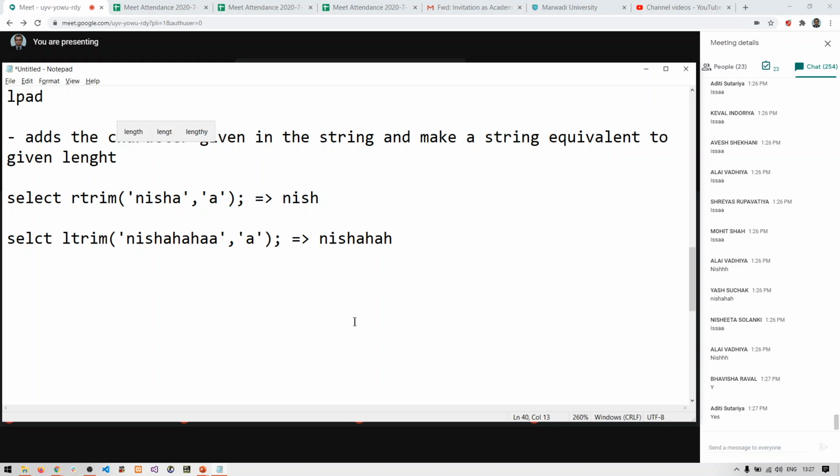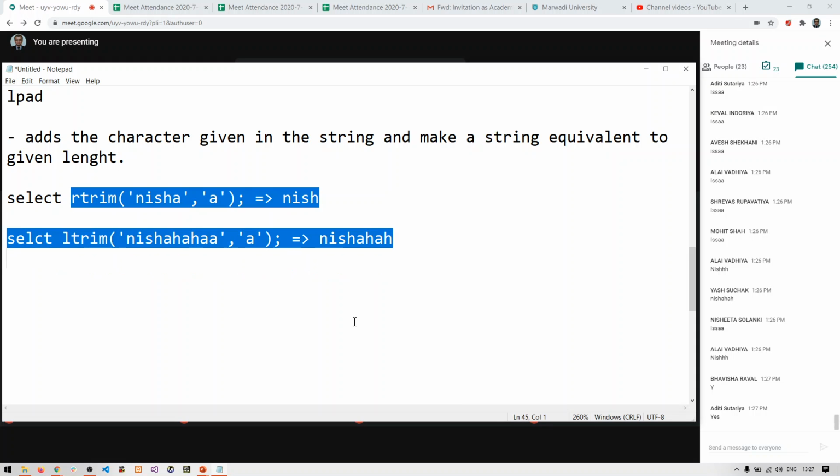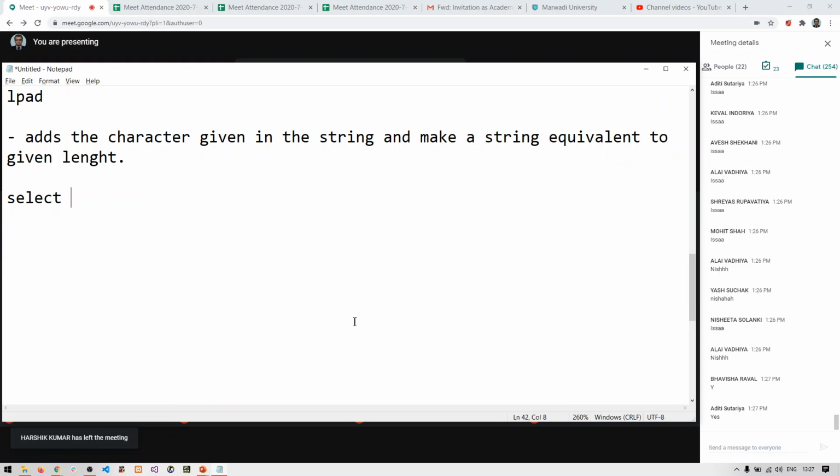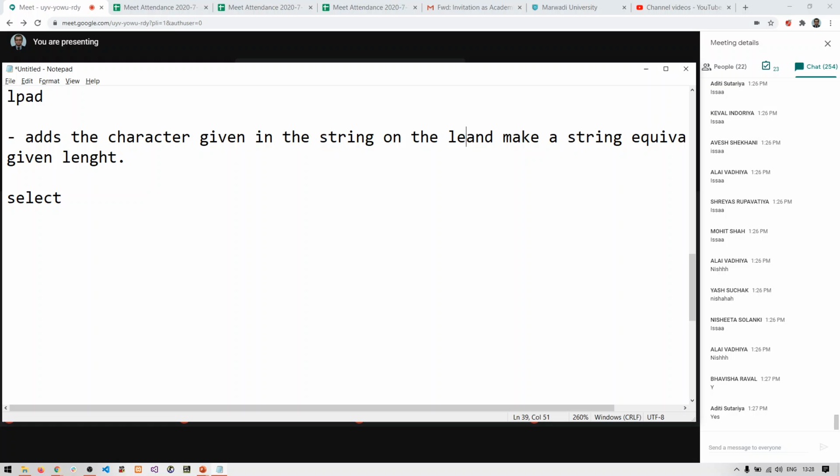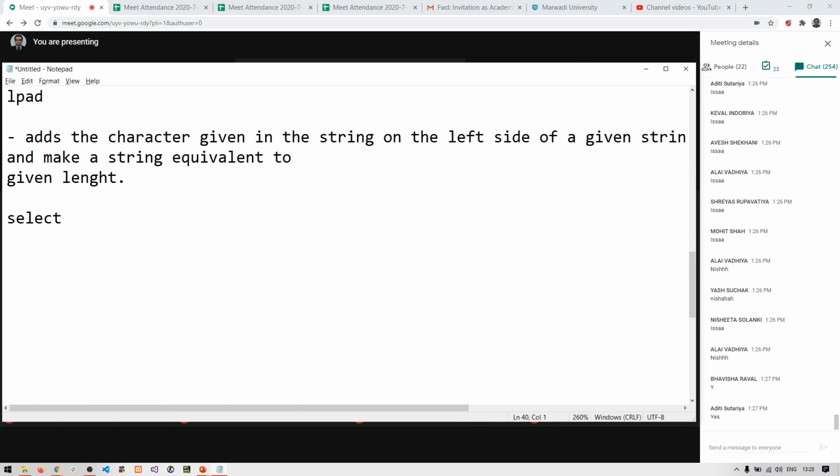So again, read this definition, everyone. Don't go for these examples, only the definition I am talking about. Add the character given in the string on the left side of a given string and make a string equivalent to the given length. Here the spelling of length is wrong.